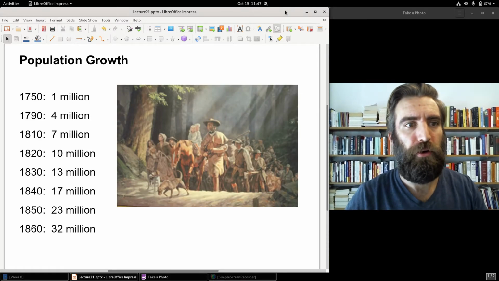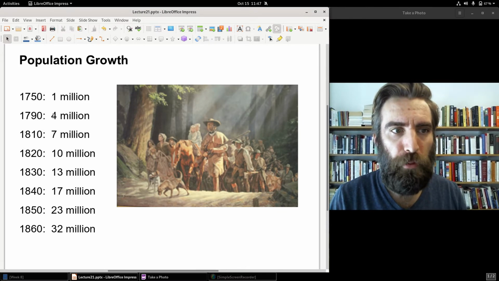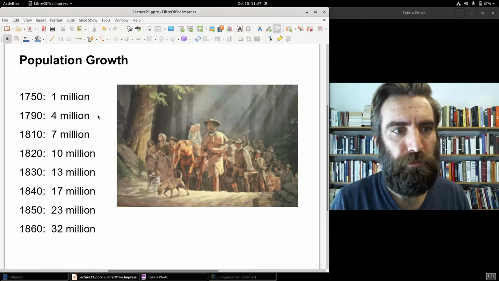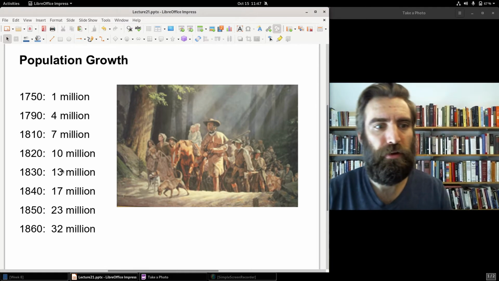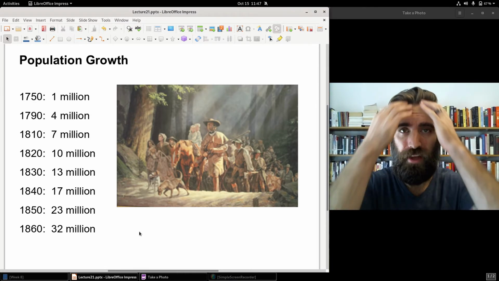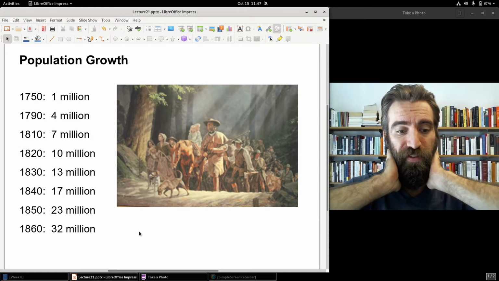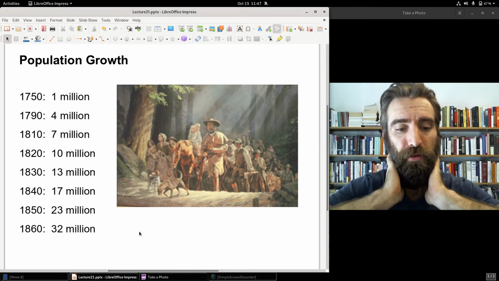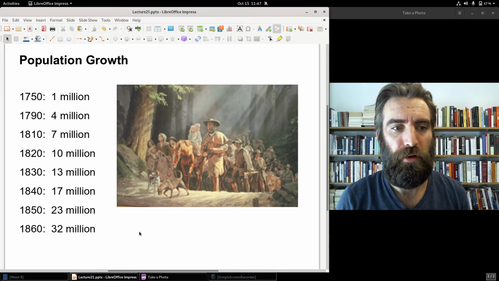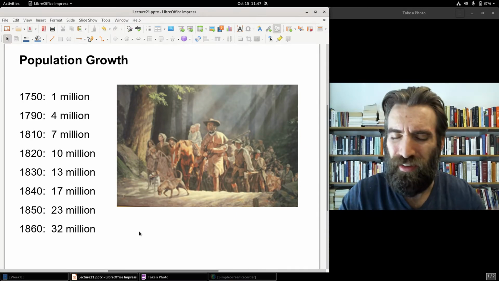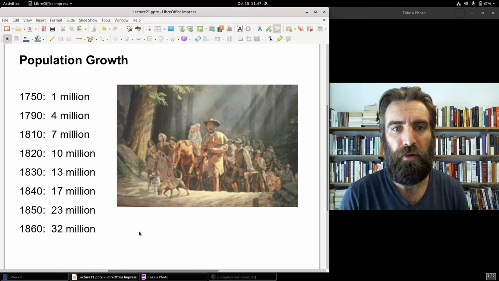But look at this population growth. 1750, 1 million. By the ratification of the Constitution, there were about 4 million Americans. By 1820, 10 million. Look at that growth. So that by 1860, 32 million Americans. Now, roughly 15% of this population is enslaved. 15% of the population. And so that will vary. I'll have those numbers here in a minute when we look at the Southern economy briefly. And this is just a very, very brief survey, just to provide some context into this new period of monetary history that we're about to dive into.